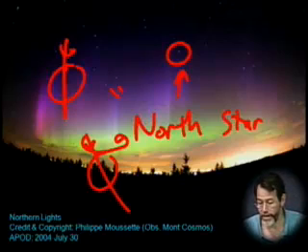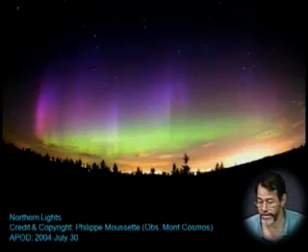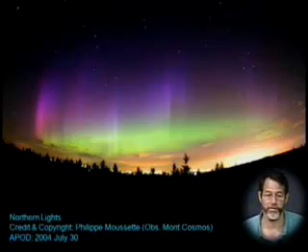So it spins, and right now its spin pole is toward the North Star, but about 12,000 years ago or so, I think the North Star was much closer to Vega.